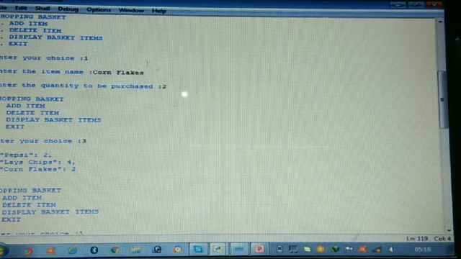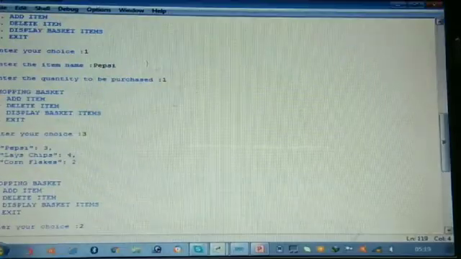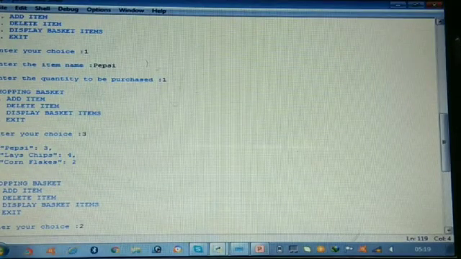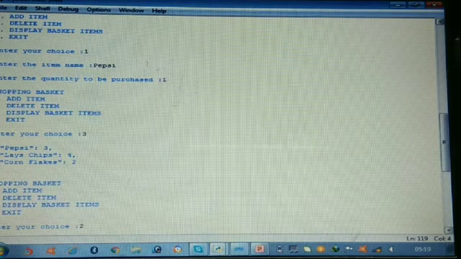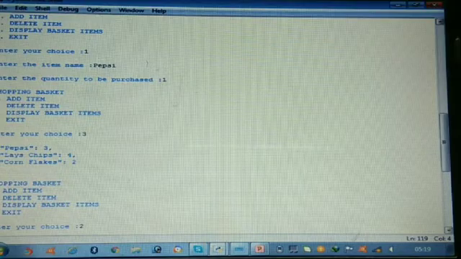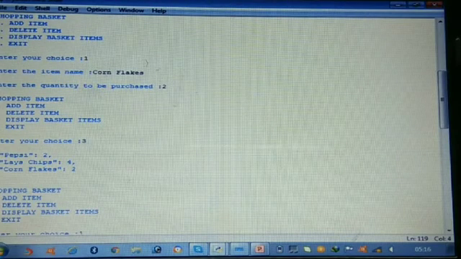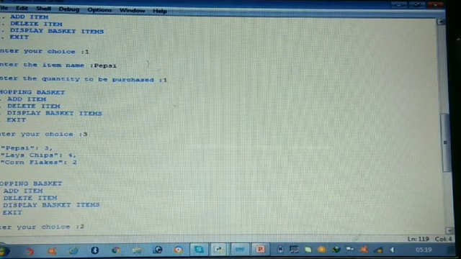In the next case, now I want to enter one more element into the basket. Now what is the element? It is the same as we have already entered. So Pepsi bottle, I want to purchase one more of it. Okay, so we can do that. Now I want to again see my cart. So now Pepsi is 3. Initially it was 2. Now it is 3. So you can see over here the changes that are made into the dictionary.